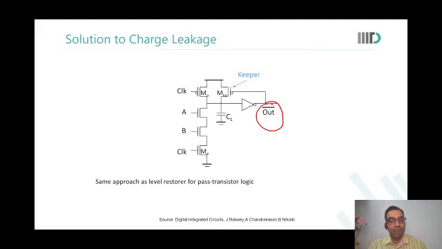Sir, in the layout of domino logic, if I am using a standard cell template, then I am able to see that if I am using 4 to 5 input AND, then I have 7 to 8 NMOS and only 3 PMOS there, including the inverter. So, sir, this looks like a lot of area would be wasted.